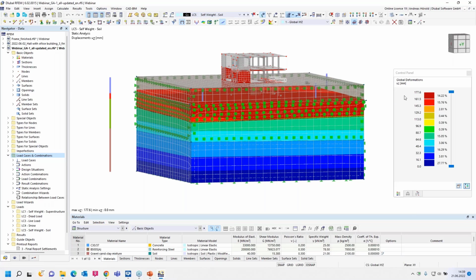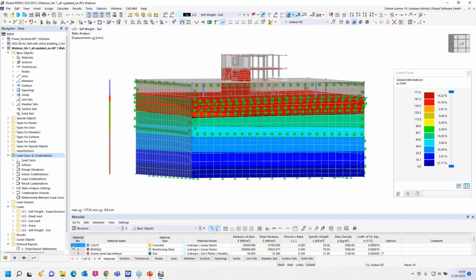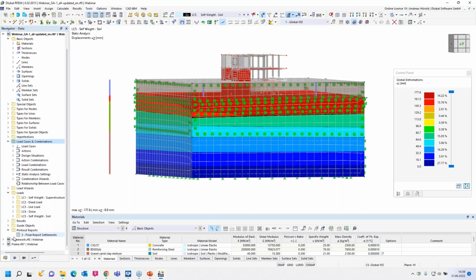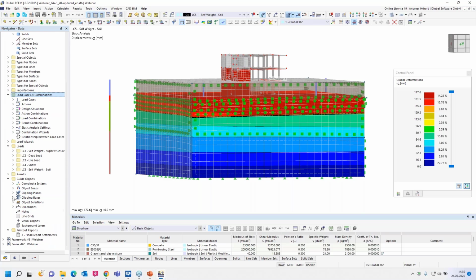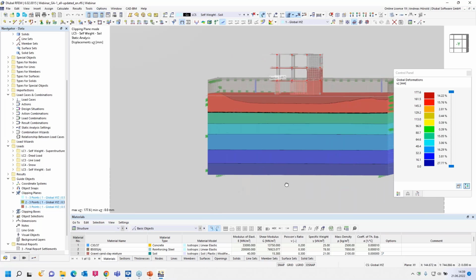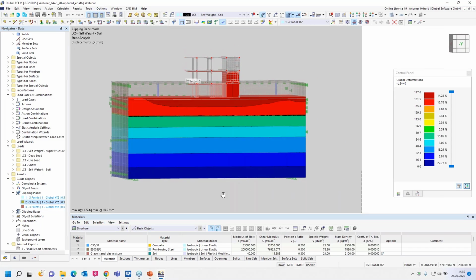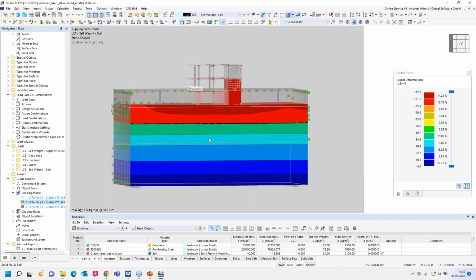Load case 5, we get global deformation of 177 millimeter. Let's take a look at the clipping plane. You left both. There are clipping planes. I activate this one so I can rotate it. So, and as you can see, the building here hasn't any influence for the self-weight of the soil load case, but